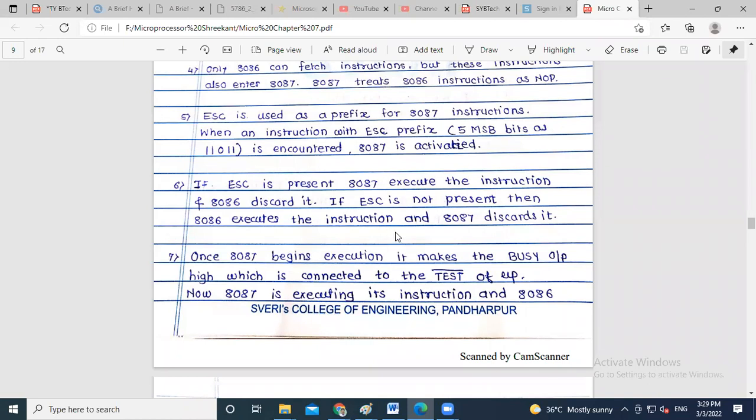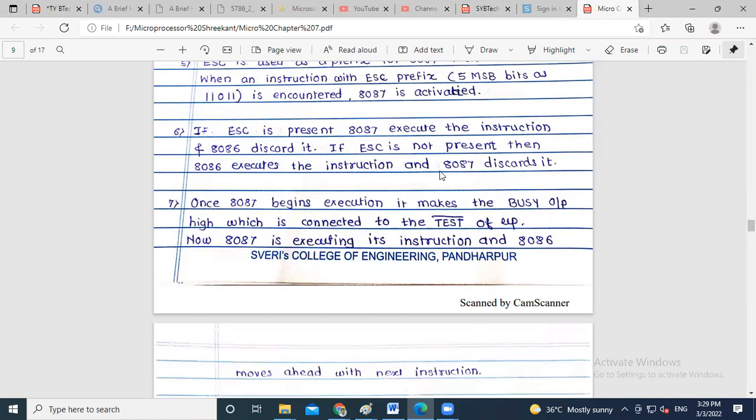If the escape instruction is not present in the 8086, because the execution of the 8087 is faster than the 8086, then we are using the interface of 8087 along with 8086. This one point you have to remember. So, in the next one,